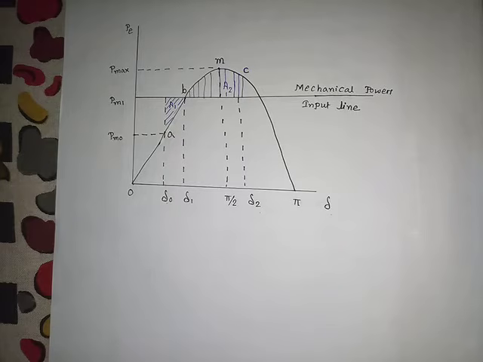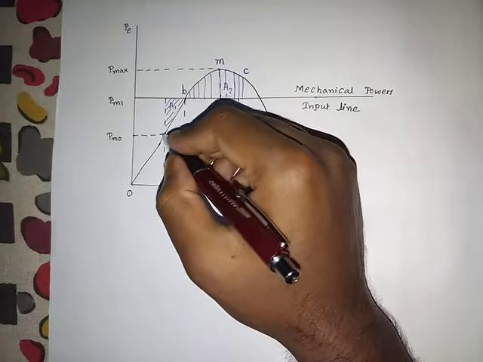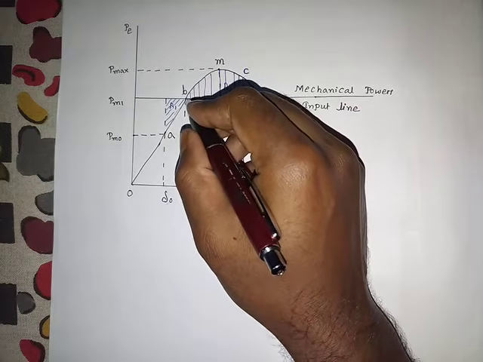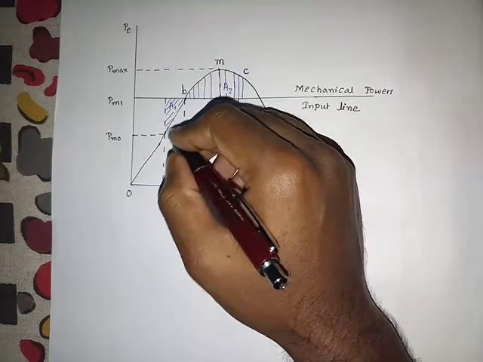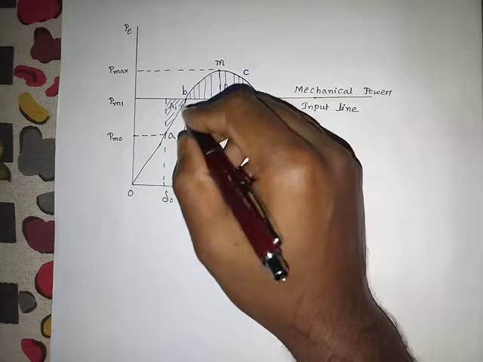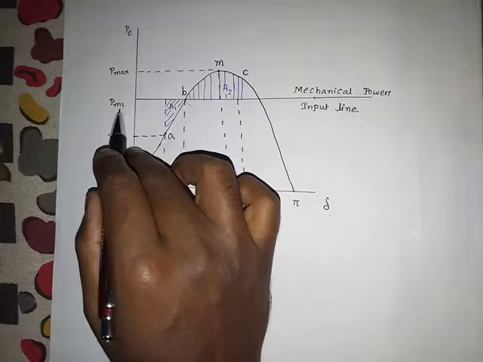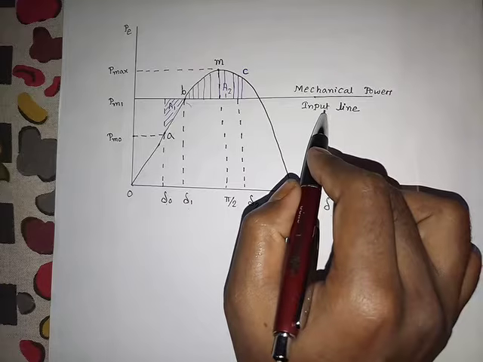Now consider if any oscillation, that is any disturbance, occurs in the system, our rotor will accelerate more, revolving in more numbers. So we consider A to B. A to B is where the disturbance occurs. After the disturbance occurs, the system will oscillate and create a maximum, a point PM1. We consider PM1 as the system maximum power, that is the mechanical power input line.